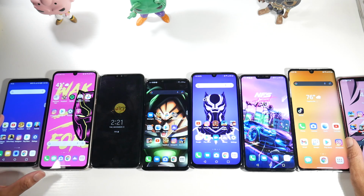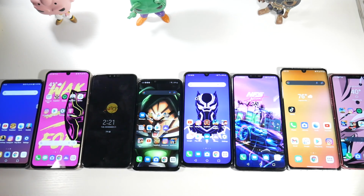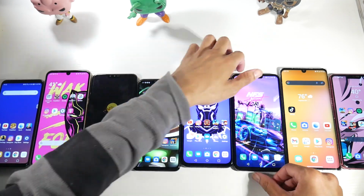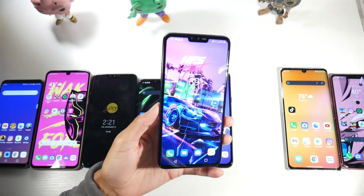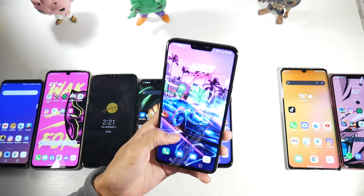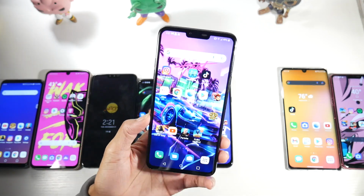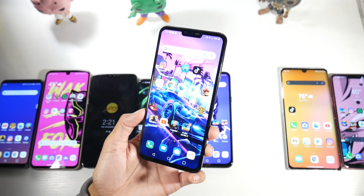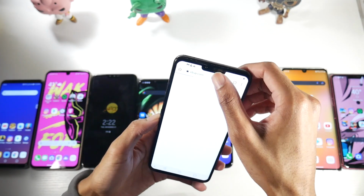Now the V40, unfortunately, is another phone that's at kind of an awkward price. Here's the thing about the V40: it was left off of LG's update list. So if you can get this phone for 100 bucks, I would say that would be a good deal. 120 max. Otherwise, don't buy it. Just go get a V50 because the price is too close to the